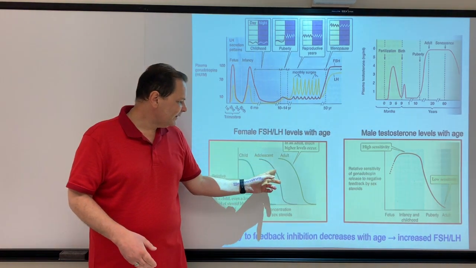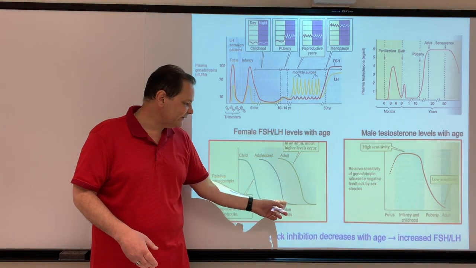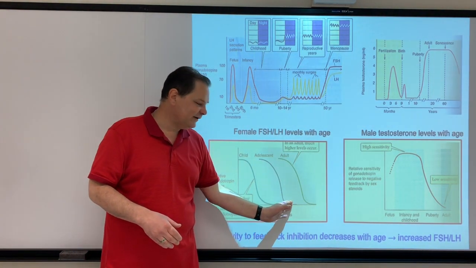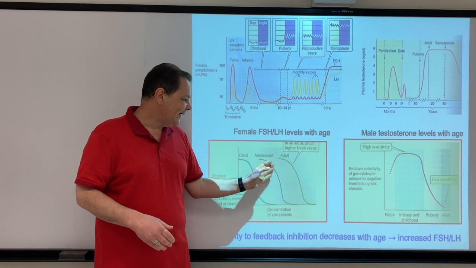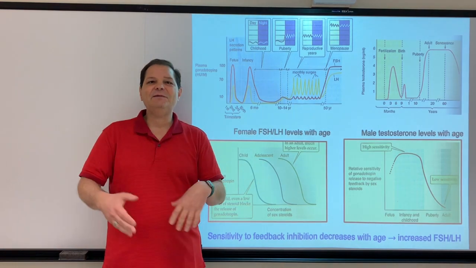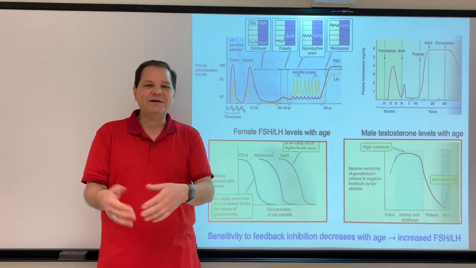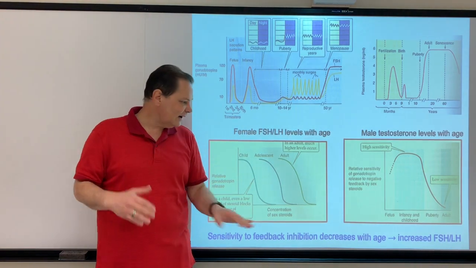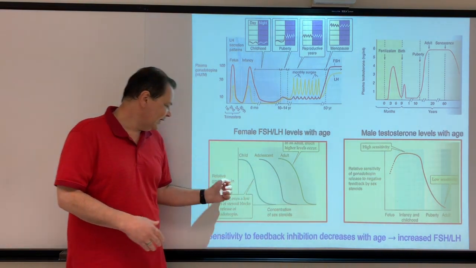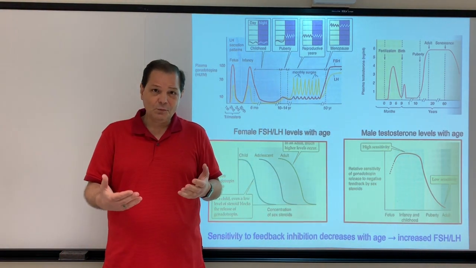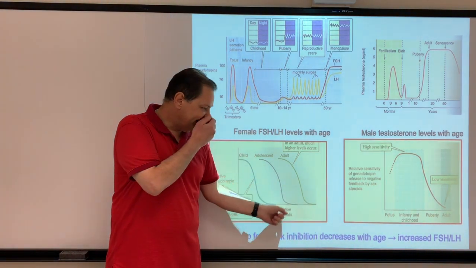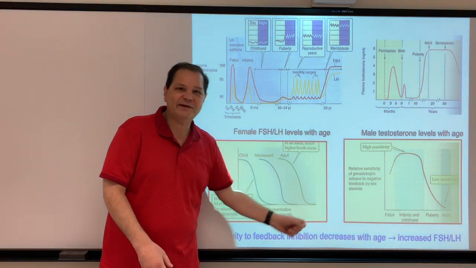Well, now look at this relationship as an adolescent and as an adult. Now, all of a sudden you need more of these sex steroids in order to feed back and get an inhibition of gonadotropin release. So what that means is that the feedback inhibition isn't as effective, and because it's not as effective, you end up with higher concentrations of these sex steroids. You need more sex steroid in order to keep the release of gonadotropin under control, which keeps the sex steroids under control. Okay, so you end up with a higher steady state level of the sex steroids,